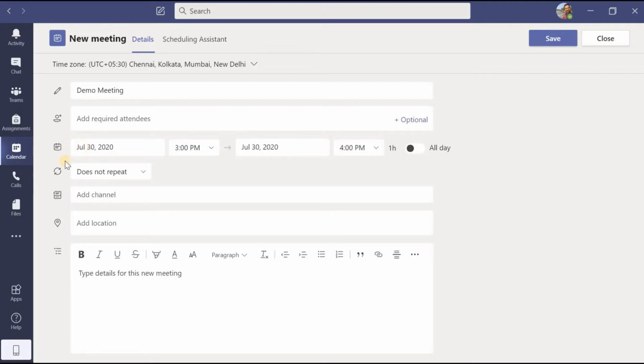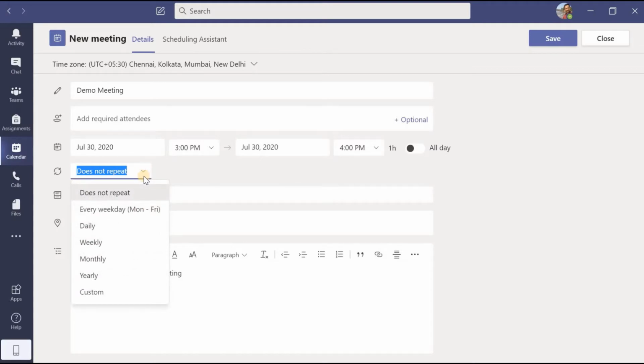Here there is an option to customize the meeting which we have scheduled. Means what do you want? That the meeting does not repeat, or that the meeting should be there on every weekday, meaning the weekdays which your company or organization has decided, at a specific time every day.